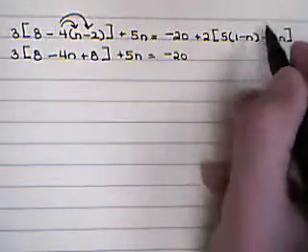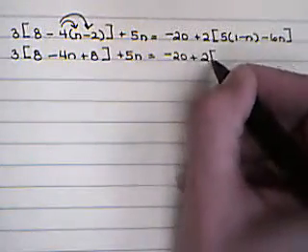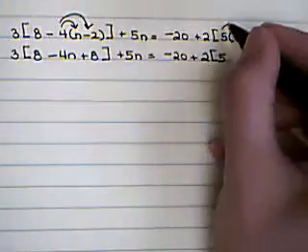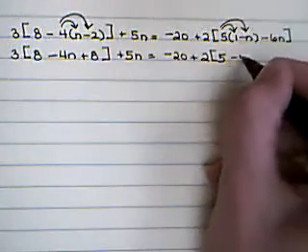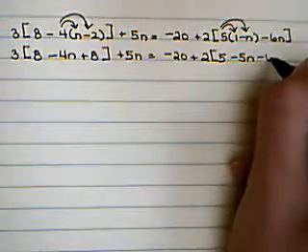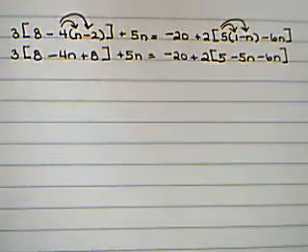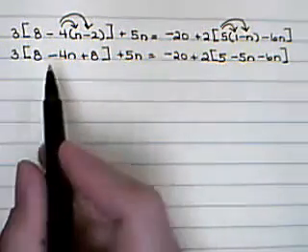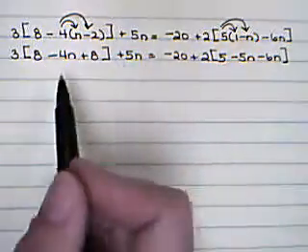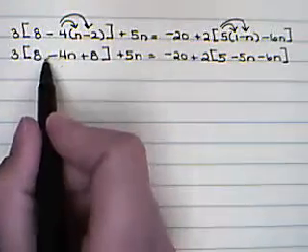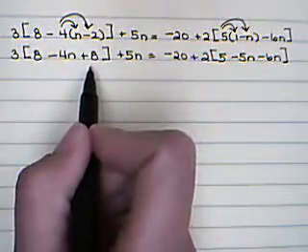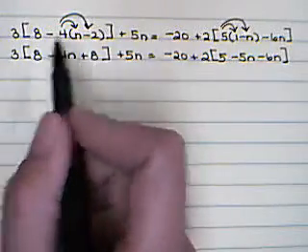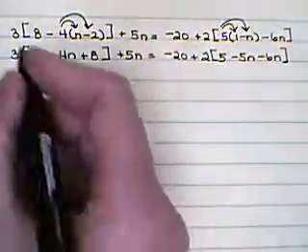And again, we're going to take care of the parentheses on the right hand side within those brackets first by distributing that 5. 5 times n is going to be positive 5n. 5 times negative n is negative 5n, and bring down the negative 6n because we've not had anything occur to that. Now, there's two things that you can do right here. To make it simpler, you can go through there and add your like terms on the inside, which is what we're going to do right here. But you can also distribute it by 3 and then add your like terms,